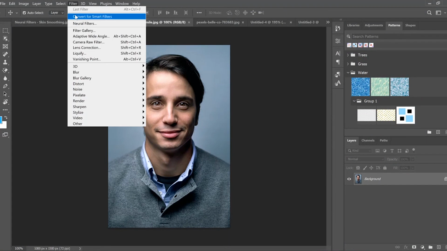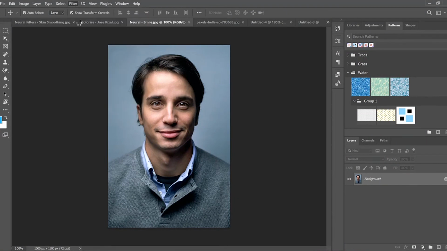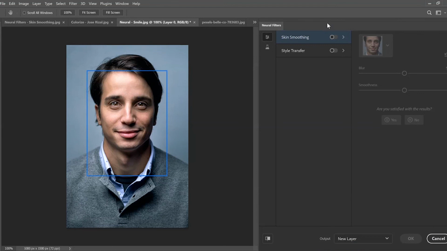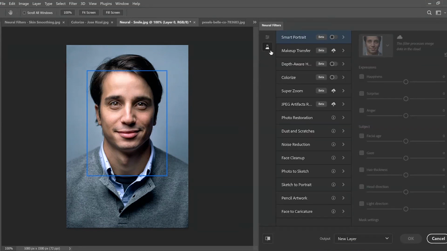This is also for neural filters. Again, let's turn on the beta filters, and for this one, let's turn on the smart portrait, where we can change his expression. Okay, so let's make him happy.